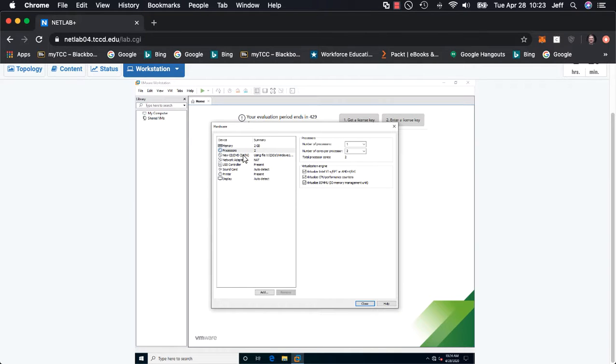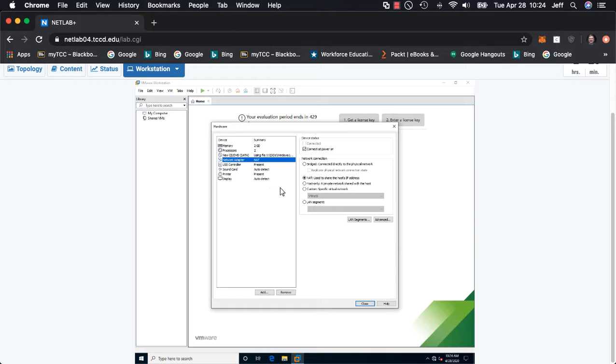We could change what is in our CD or DVD drive, right? But right now we need the ISO, so we need it connected at power on. The network card, there are different network settings. We may go into this a little bit more, but just suffice to say, we have a network card. It's set to get an IP address,